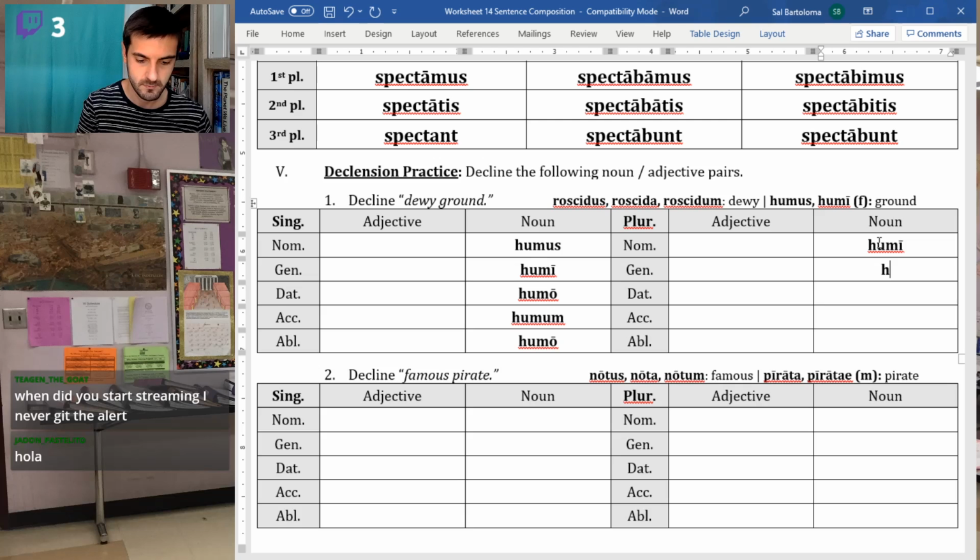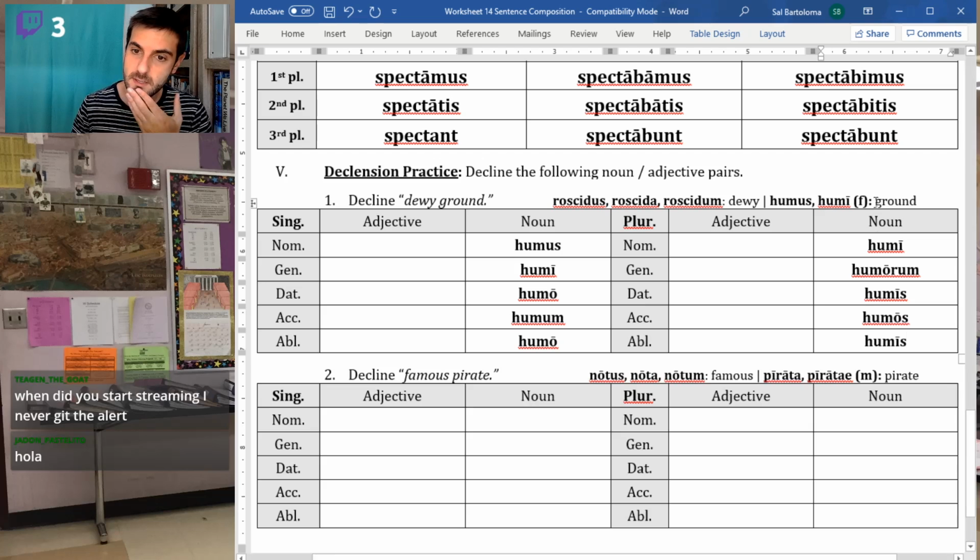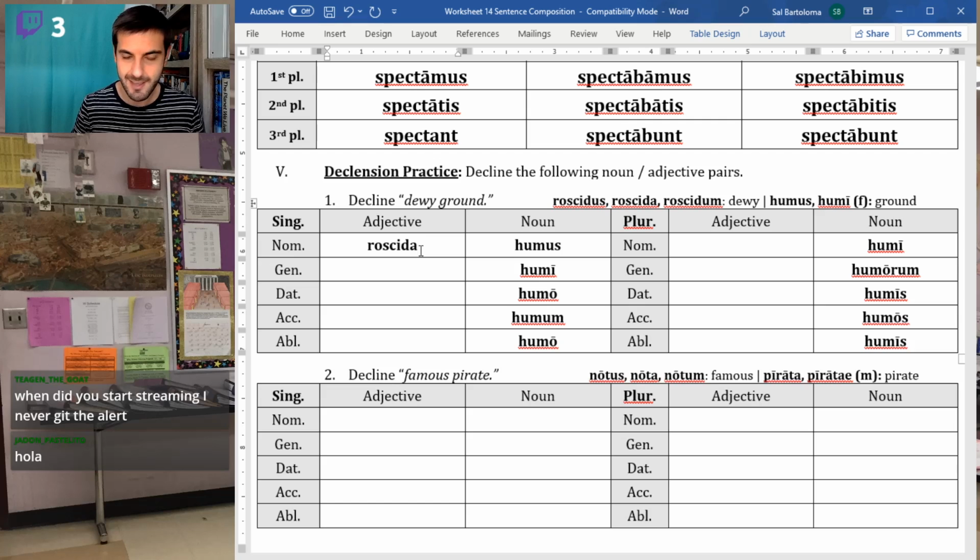Humi, humorum, humis, humos, humis. Right. But it is a feminine noun, so rosidus, rosida, rosidum, we need to use rosida. That adjective, rosida, is first declension. Rosida, rosidae, rosidae, rosidam,